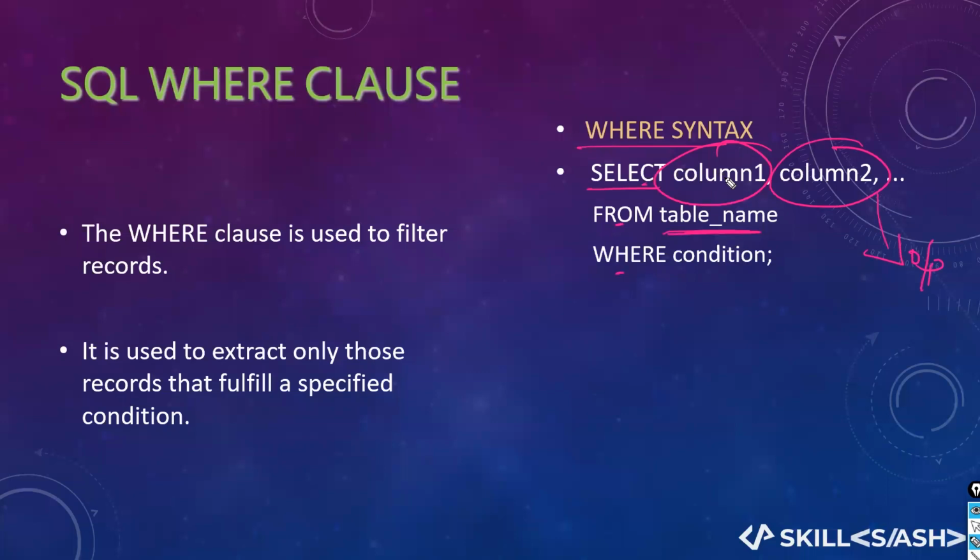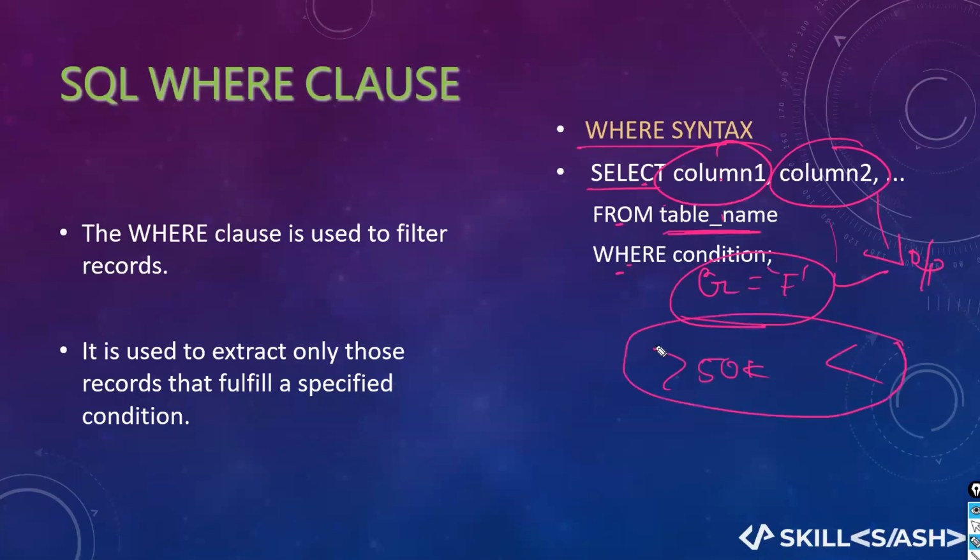Here I'm saying select gender from the employee table where gender equals female. If you want to fetch all the records for female employees, I'm using this. If you want to fetch all the records of those getting a salary greater than 50K, or getting a salary lesser than